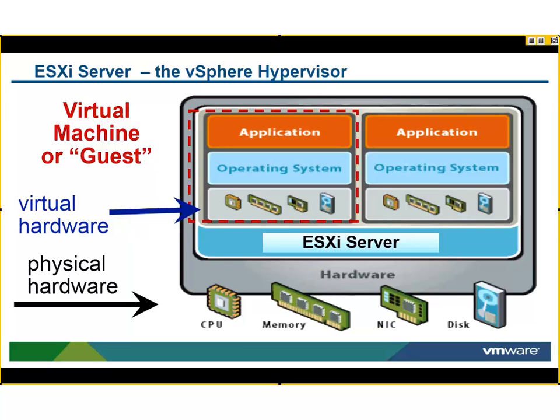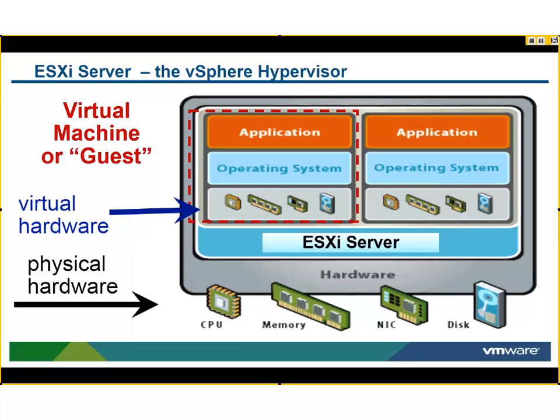You can also support multiple kinds of applications. For example, this could be an old 32-bit email server, and this could be a 64-bit database. As long as this is 64-bit hardware, you can run both 32 and 64-bit operating systems and applications, and so on. One of the key things I mentioned, though, is mobility. Every ESXi server provides identical virtual hardware. So I can move this operating system and application to another ESXi server